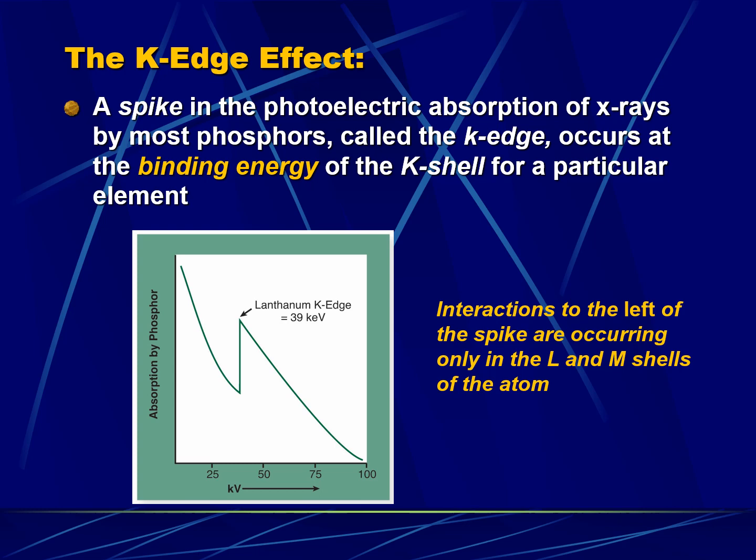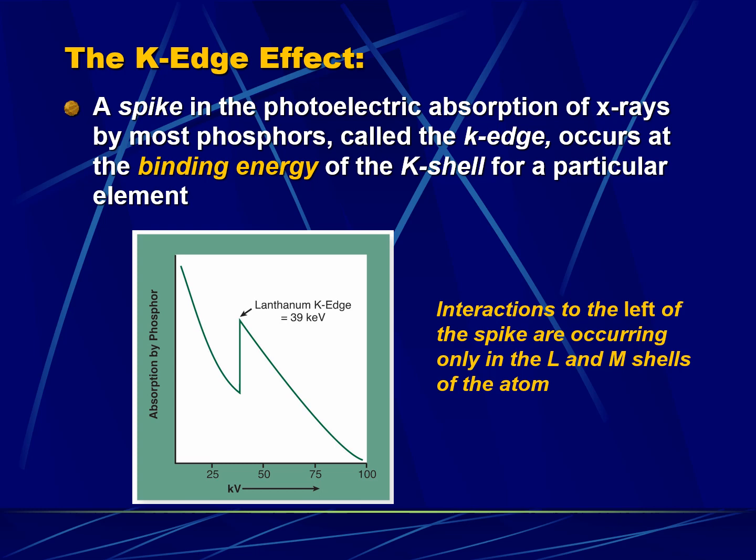All right, and now the K-edge effect. So here's lanthanum. What is lanthanum? Well, it's just an element, and it has a K-shell binding energy of 39 kiloelectron volts. You can look it up on the internet if you like. When you are shooting photons at it, the photoelectric effect sharply increases when you approach about 40 keV, or 40 kVp if you prefer. Okay? So this sharp increase in the probability of the photoelectric absorption of lanthanum